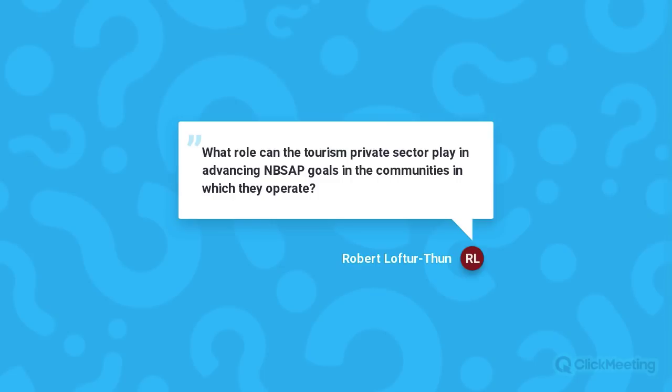Yeah, as I already shared with you, the number of tourists coming to Thailand is increasing every year, and every year we are among the top 3 destinations in the world. It's clear that the private sector has to play an important part in advancing the NBSAP. They may not know that we are trying to achieve the NBSAP, but when you communicate with the tourism private sector, trying to convince them that what they are doing now is good for their community, and this will make a good impact on the national strategy, the national biodiversity targets. And we're trying to help them look at their operations to see if they are friendly to biodiversity, and this is the role that the tourism private sector can play in terms of investing and doing no harm to